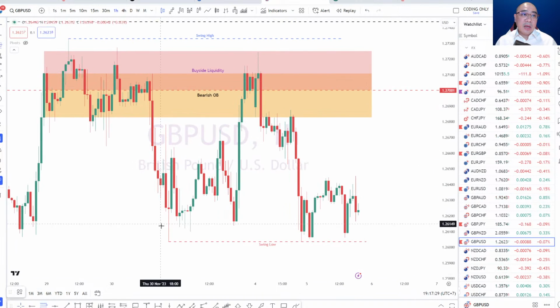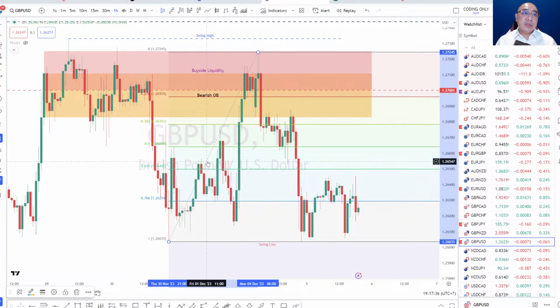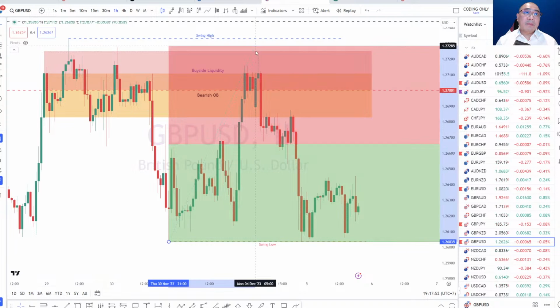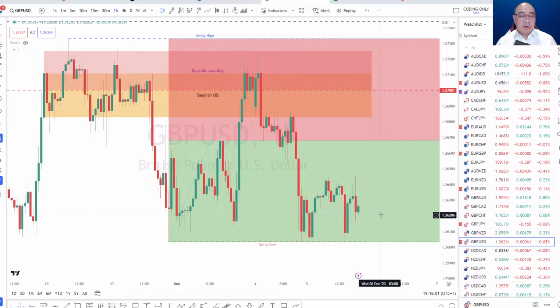Okay, so let me just highlight that again. If we identify the swing high, we identify the swing low, we take a look at the rejection that happened around the buy side liquidity. Obviously we can identify that as a premium or discount. What we're trying to look at here is any range in the premium side closer to the swing high would actually be the optimum level to sell in the premium zone. And if it's in the discount zone, we are looking to buy, depending on the trend, obviously.